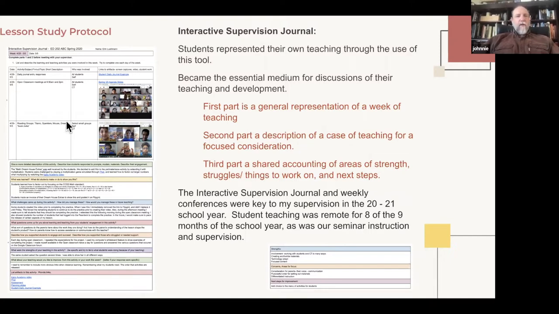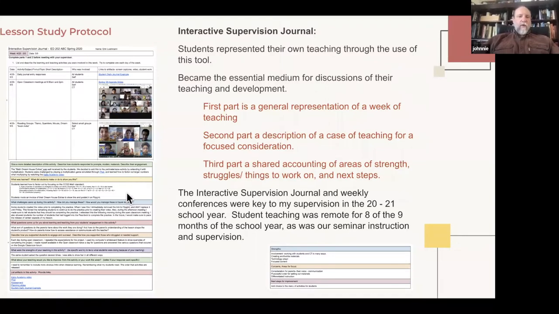You can see on the upper left, you can see these pictures of remote instruction. And this table was just a way to capture the ongoing everyday instruction that was happening with the student teachers in their virtual or remote placements. So, and you can see there are links to slides, links to students' work. This is just a way to catch everyday teaching over the course of a week.